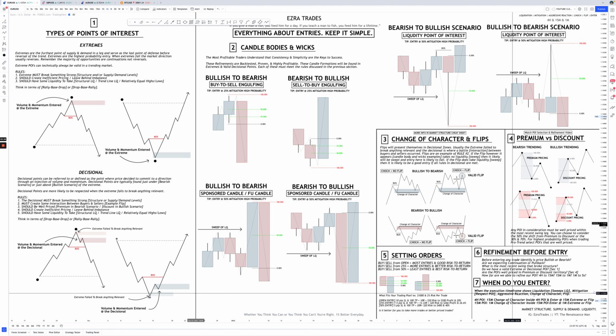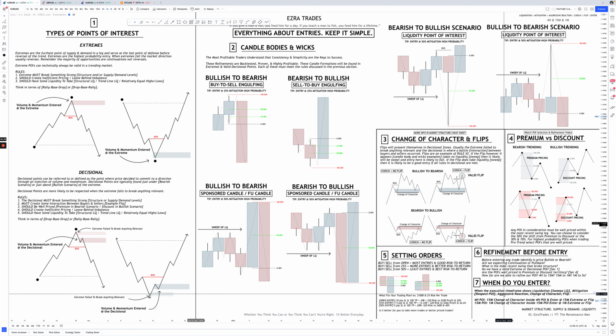When the execution time frame shows this, it doesn't matter what happens on the higher time frames. Your execution time frame must show a liquidation, which is some sort of sweep of liquidity, right? It must show a mitigation or a respect of a POI, right? That respect of the POI should even be on your execution time frame. You want to see an aggressive reaction as a result of a sweep and a mitigation, right? It's sweeping one point, it's mitigating something to the left, and that reaction to the mitigation should be very aggressive,